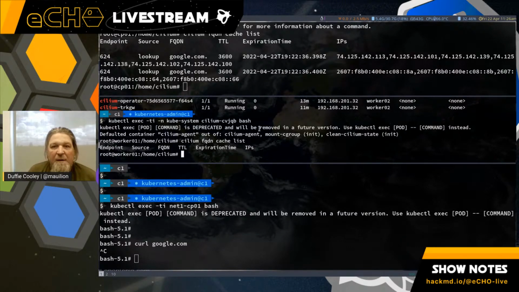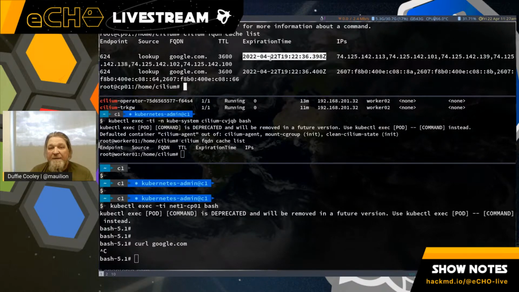All right, so we can see a couple of other interesting things about this status. We can see the lookup. It's a source type lookup, and that means that we observed it using the agent. Then we can see the FQDN that resulted, and then we can see a TTL. The TTL might be wildly different for the actual record, but inside of Cilium, we observe it and keep it around for an hour. It is also set up to tell you how long we will keep it around, so by default the expiration time will be put in here if it's of source type lookup.